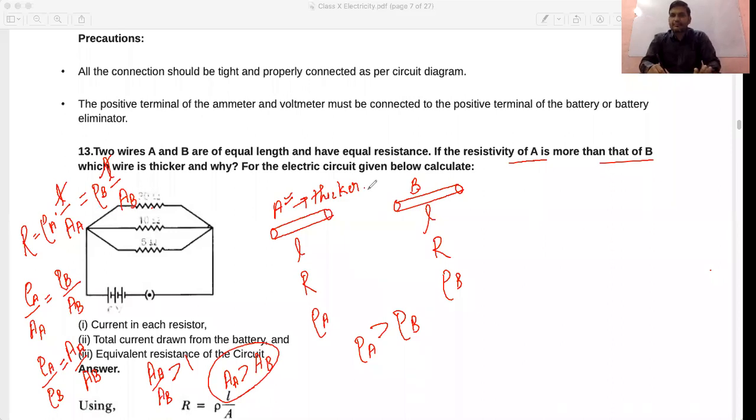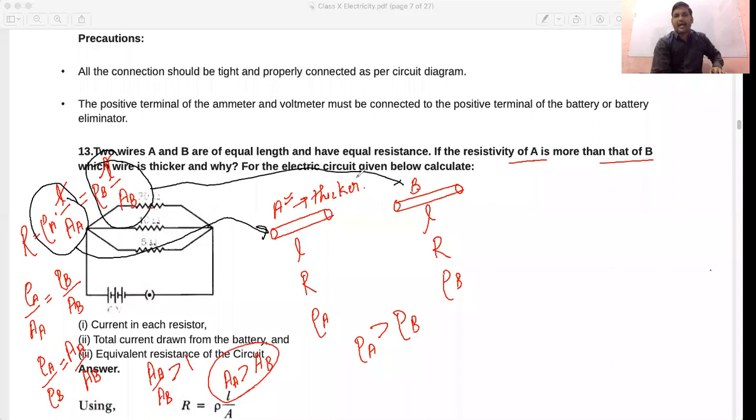Okay, so how did you calculate this? Repeat once again. Yes, I'm coming there. They have an equal resistance and they have equal length. So we know the formula, resistance equals rho L by A. I have written the resistance for wire A, this is for the resistance of wire A, and this is for the resistance of wire B. And I made both of them equal because the resistance is going to be equal.